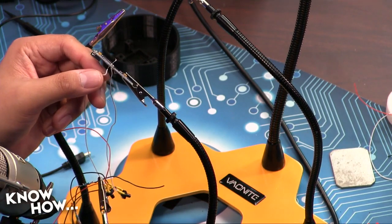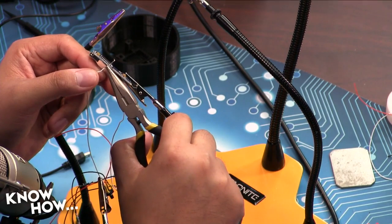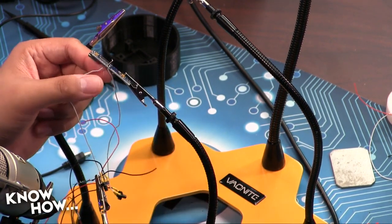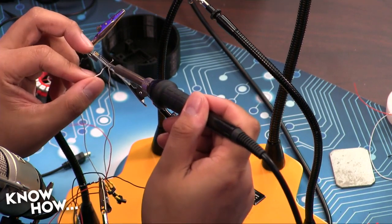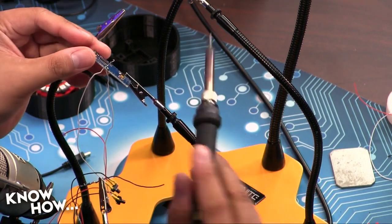Right. I just heated up the wire enough so that, actually you've got a strand here I want to get rid of before it makes contact with anything else. There we go. I just heated it up enough to flow the solder, and once the solder was flowing, I just pushed the rest of the wire through like so. Okay. All the way up to the insulation. And then